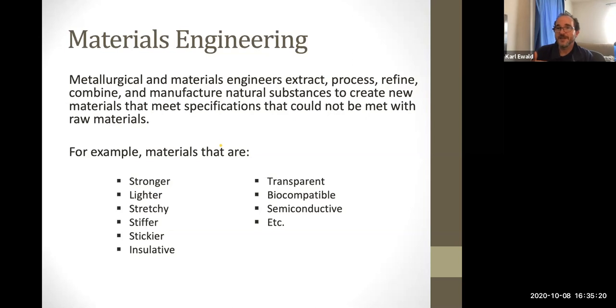We've seen bicycles that are made out of carbon fiber. And the thing that's driving the advancement of the whole bicycle field is parallel to the materials field, because engineers are always looking for materials that are stronger, lighter, stretchier, stiffer, stickier, more insulative, transparent, biocompatible, semiconductive. You can list all of these things that we know about materials, and there's always a search for a new material that will behave in a way that is unique or gives someone an